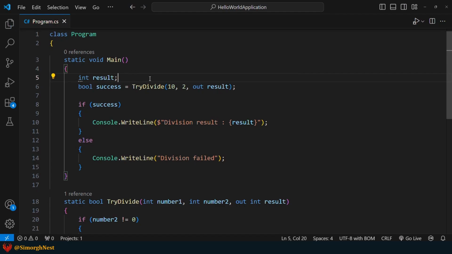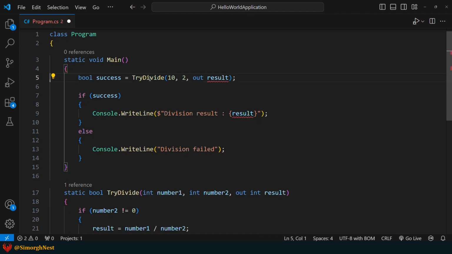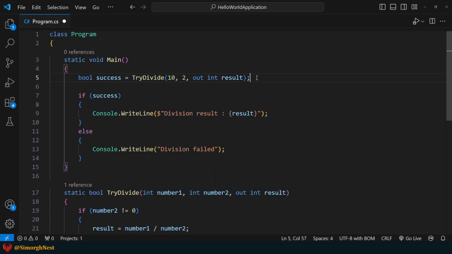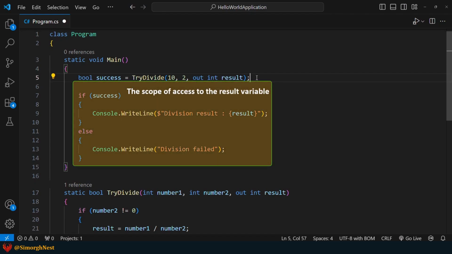But as you can see, this is unnecessary. Another thing to note is that we can declare a variable separately before passing it as an out argument, just like we did here. However, when calling the method, we can declare the out parameter inline as well. Let's remove the separate declaration and put the parameter type next to the out argument. The inline out arguments can be accessed within the same block of code where the method is called. For example, we can access the result inline argument anywhere inside the main method after it's declared. As you can see here, we print its value.